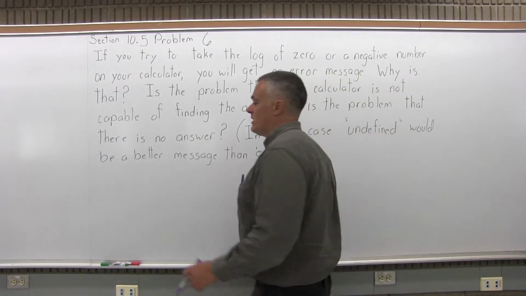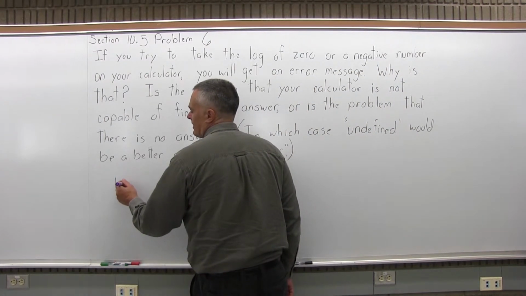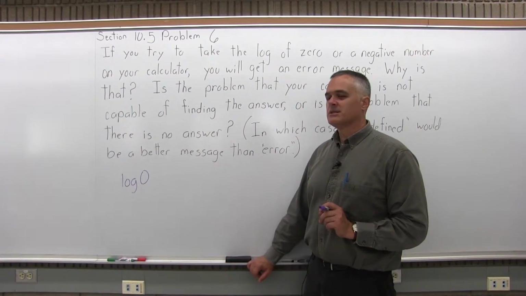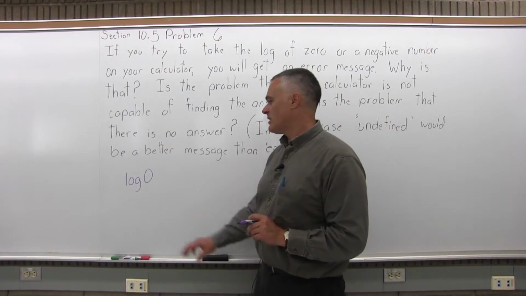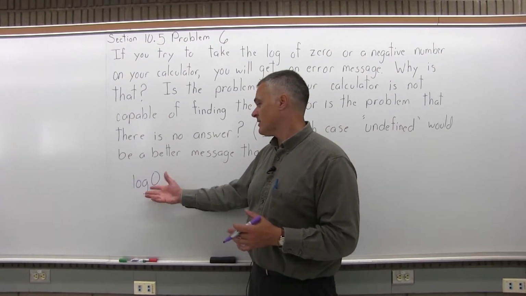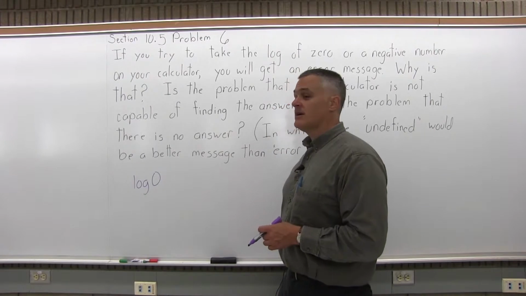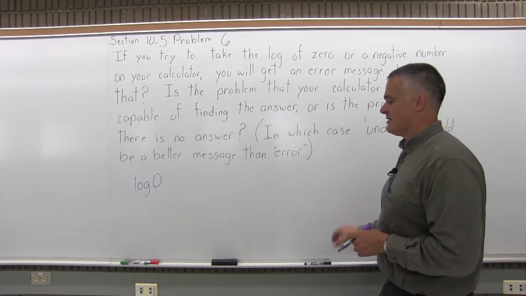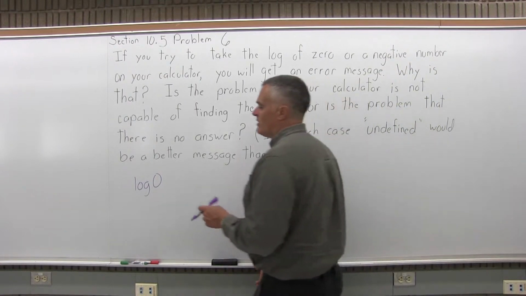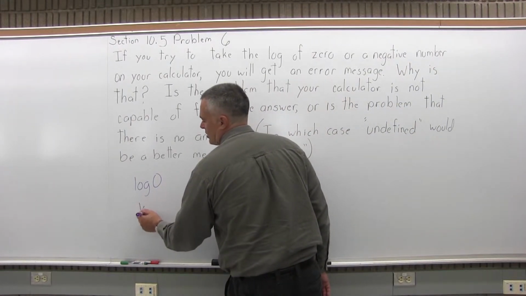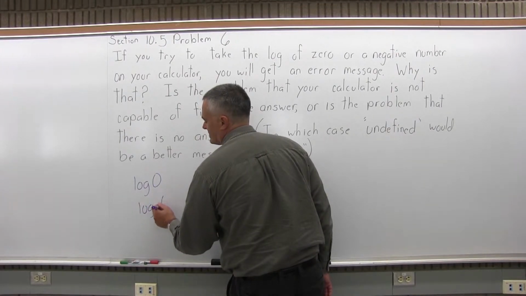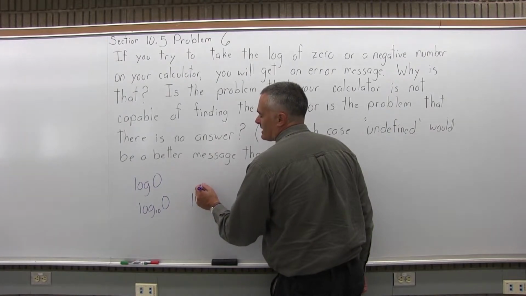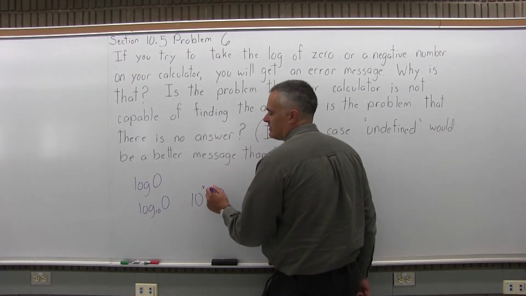Well, what's going on? If you try and take the log of 0, why would you get an error message? Now, notice I wrote log without a base, so I went with log base 10. You can try this on your calculator. Put log 0 equals, and it'll say error. Well, most calculators will say error. You might get an alternate message, maybe like undefined, because there is no answer. So what you're asking, if it really is common log, so I'm going to say log base 10 of 0,